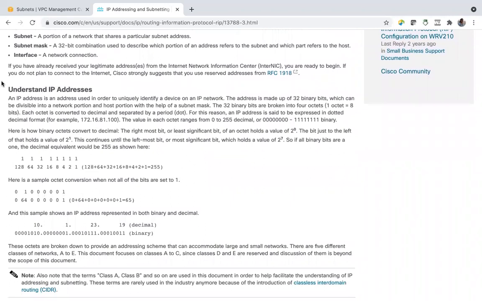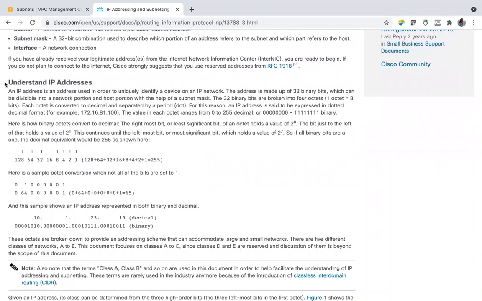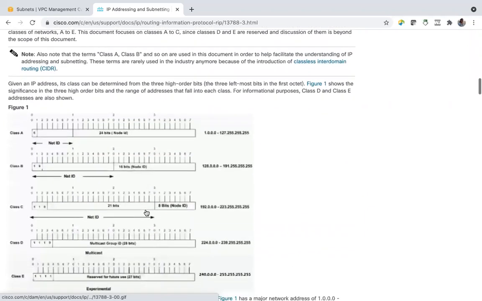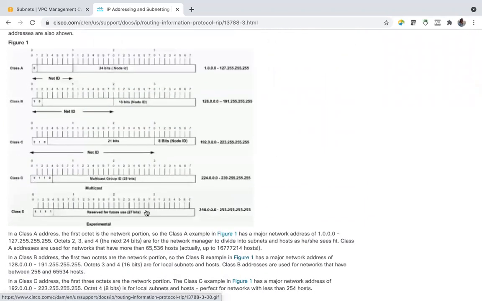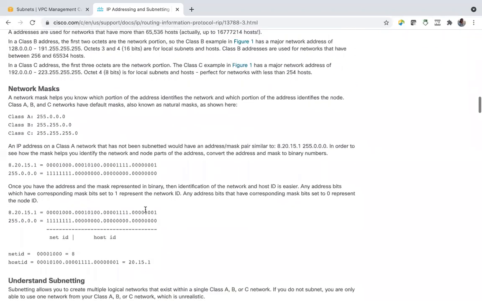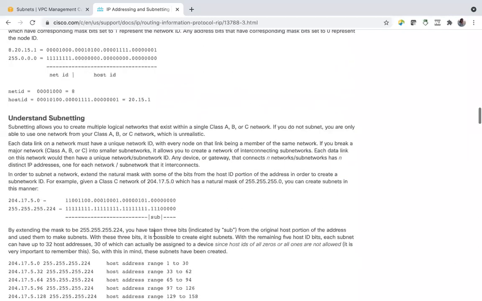So to understand how AWS is assigning, I recommend going through this, understanding IP addressing, and then you can calculate the usable range of IP addresses using this. See, understand subnetting, especially this.